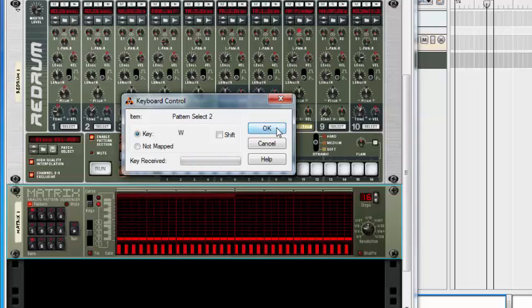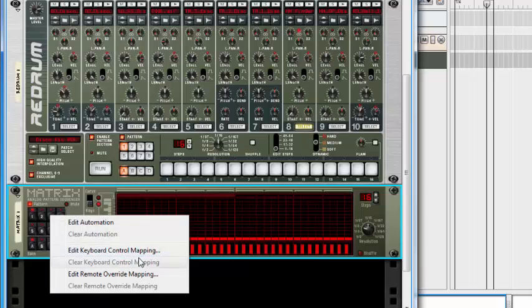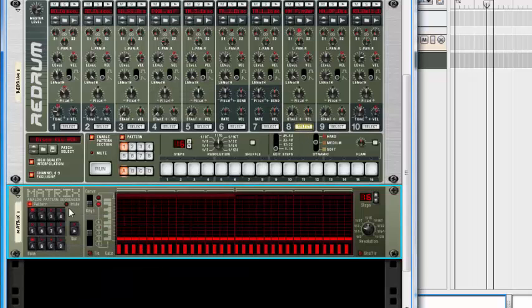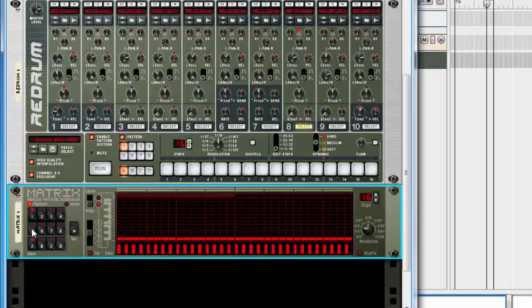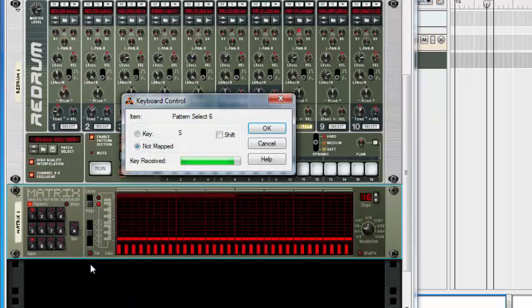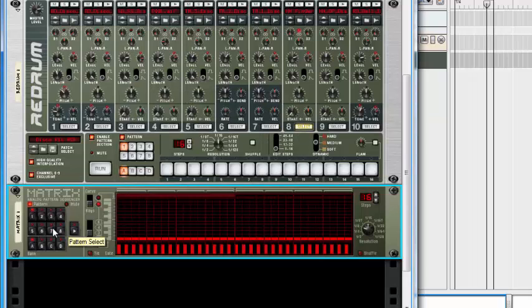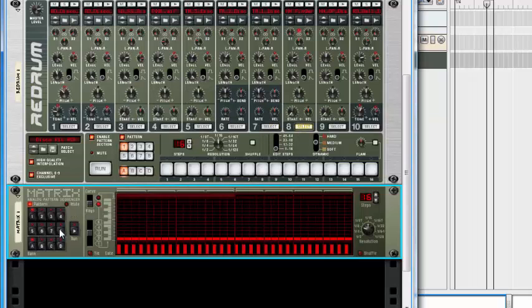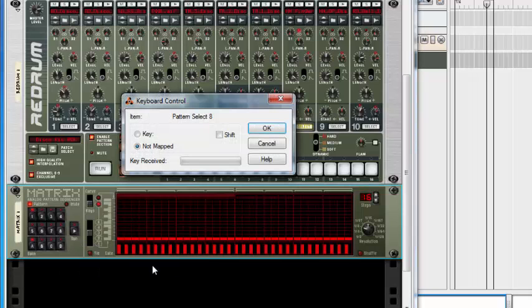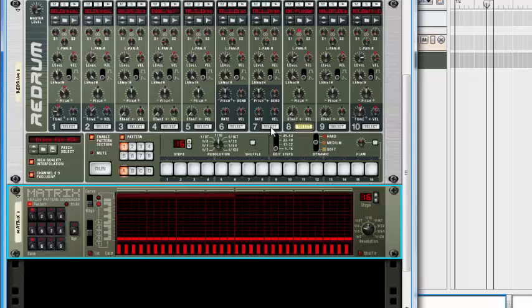Put that to W, and go to 3, E, 4, R. Then we go to 5, A, 6, S, 7, D, 8, F. So basically we've programmed it, and if our programs are working, anytime we press any of these letters,